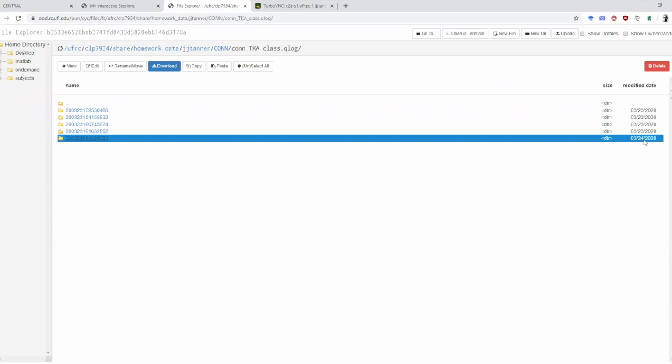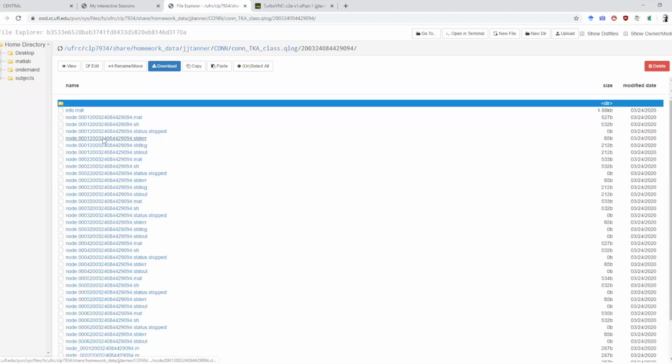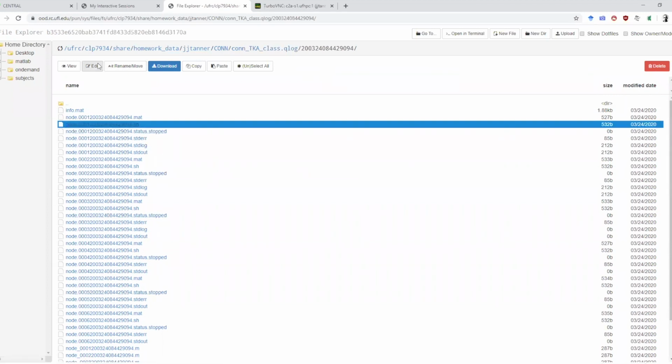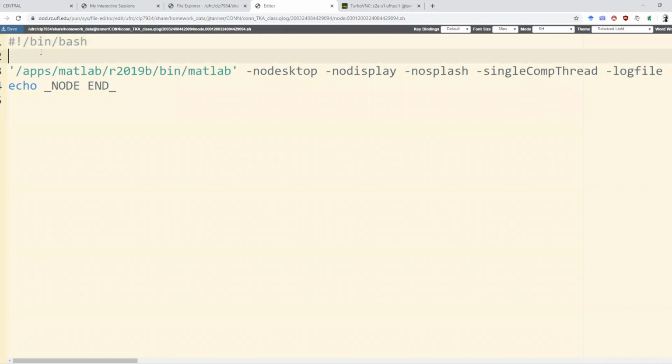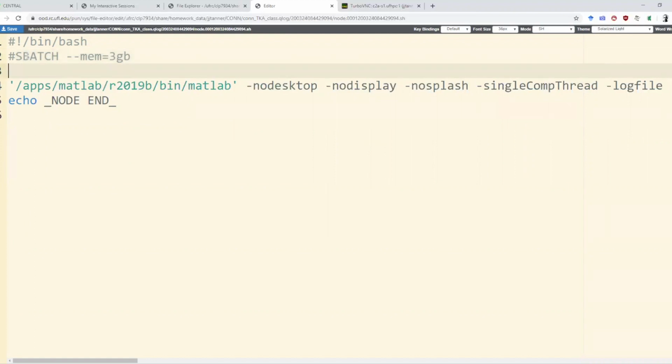So over here I can see modified date of a number that were modified yesterday and one that's today. So I'm going to go in there and I can see these 6 jobs that are stopped. So I'm going to go and edit the shell script, and you may or may not have a space here on line 2. If you don't, that's fine. You just add in sbatch mem, and in this case I'm going to give them 4 gigabytes of RAM for each job. Well, let's say 3. Shouldn't need that much RAM, but we'll be safe. And then time, I'm going to give this 2 hours, so